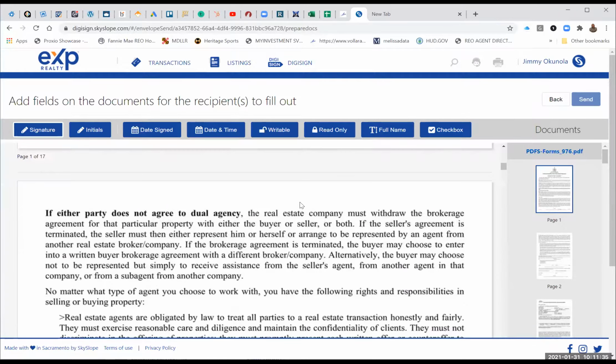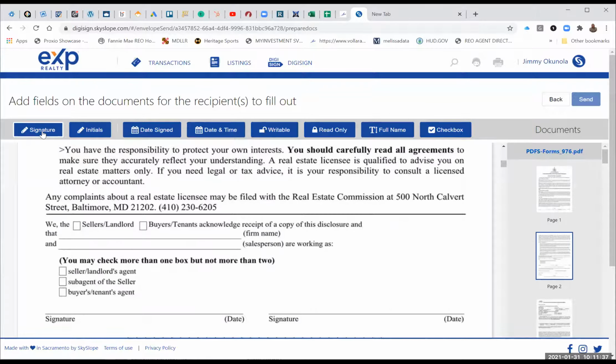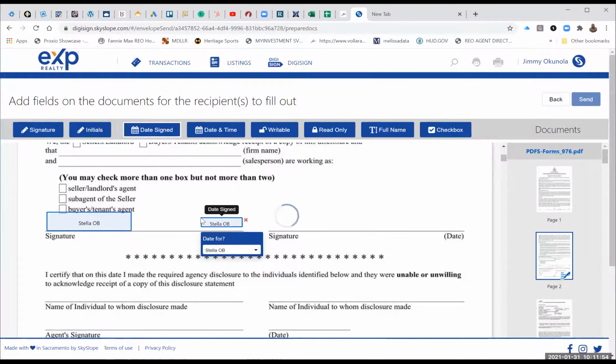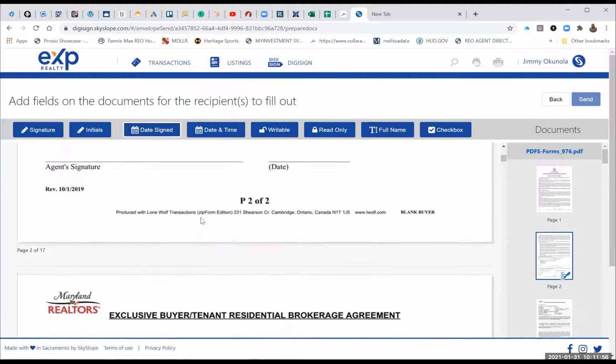This is where I want you to sign. So I'm going to click signature. I'm going to click over here. But I'm not the one signing because I'm not the seller. Stella is the seller. So I open this up and I click Stella to sign. I'm going to click date sign. I'm going to put the date right now. I'm going to go to the next